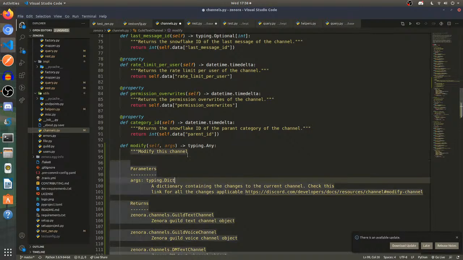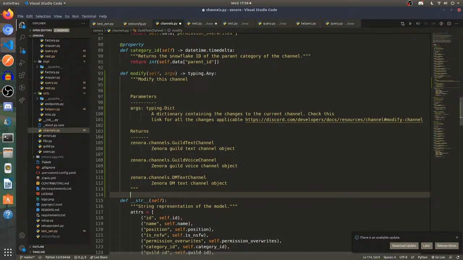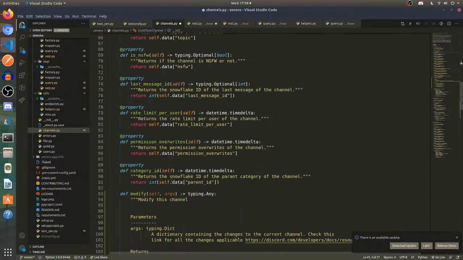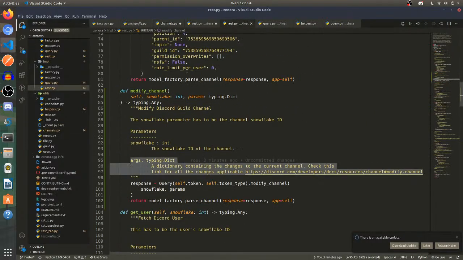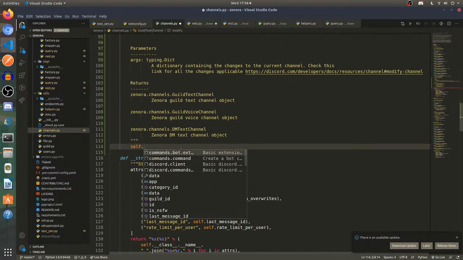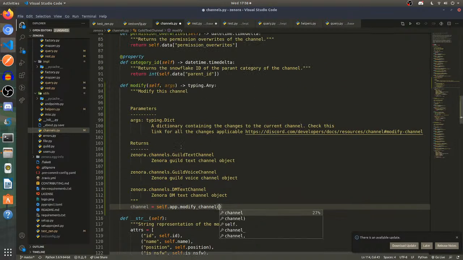Okay, so args, and what we can do is, so this actually takes the app object, which is basically the REST API implementation. So let's do self.app channel equals to self.app.modify channel args.